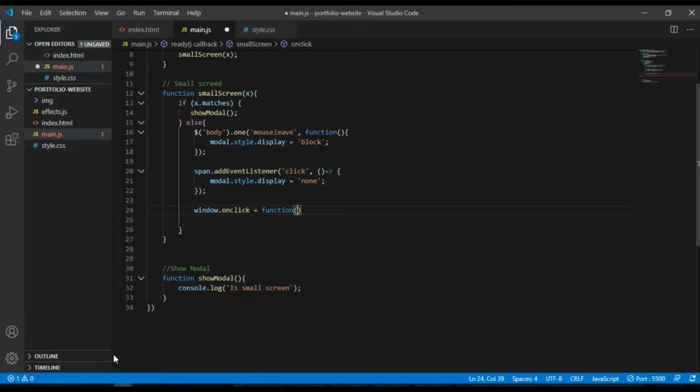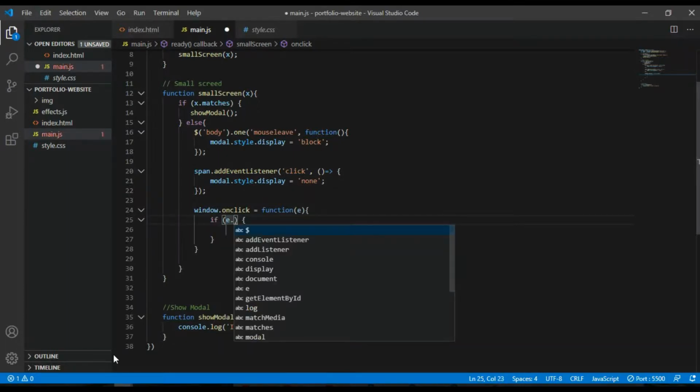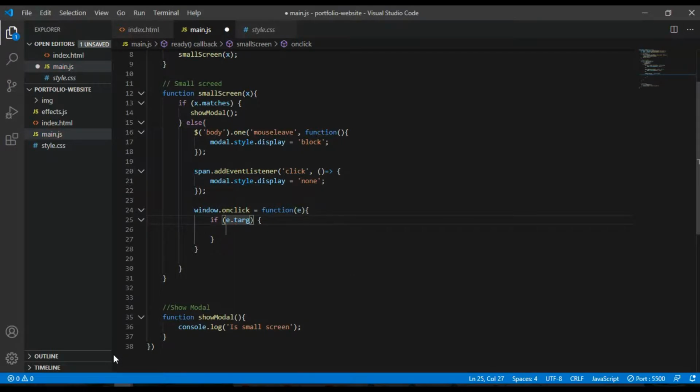This function will take a parameter. What I want to do is check if the modal is the target. So I'm going to do if e.target equal to modal. That's it.